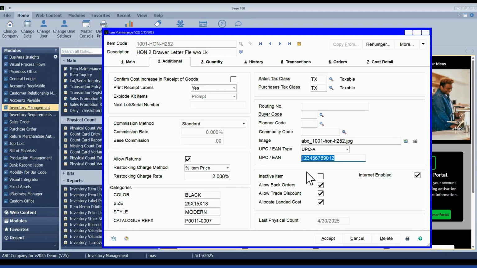I've just made up some numbers in here, but it does do some validation on them. I did a little bit of Googling myself just because I was curious. So UPC-A is a 12 character length versus UPC-E, the shorter barcode at 6 characters, I want to say. So depending on what type you're selecting, it will help validate that you are putting in appropriate data, or at least an appropriate size of data, into this field.